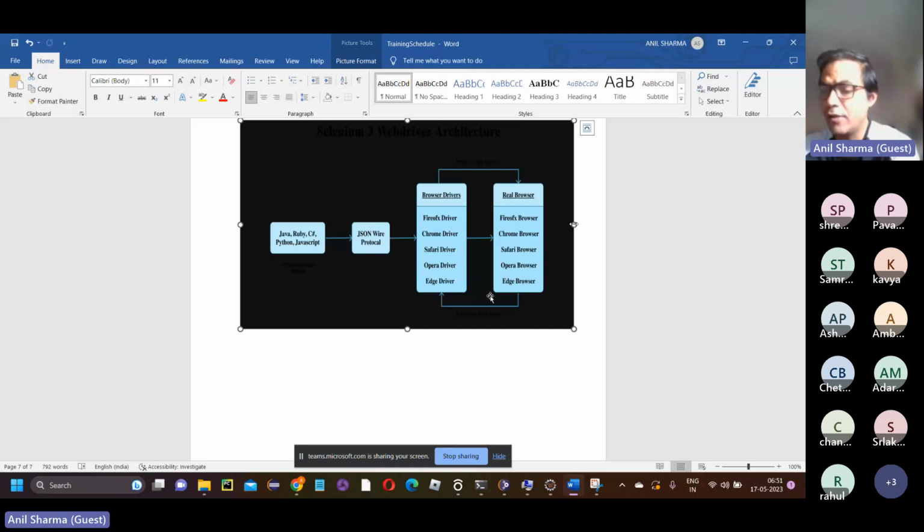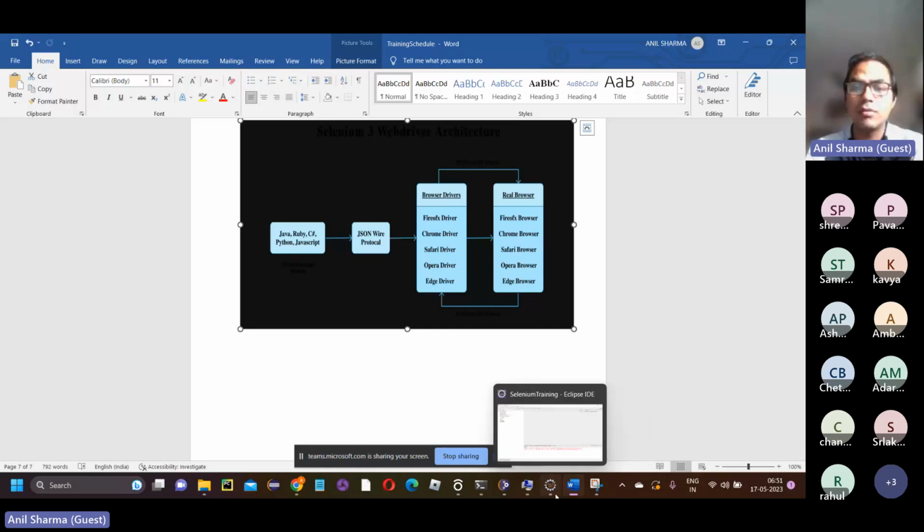So everything is web-based nowadays. Now, if I have to automate those applications, perform actions on those applications through automation, I have to interact with the browser, right? So the code has to talk to the browser. Selenium has a very simple concept of doing that. So what it does, say for example, in our